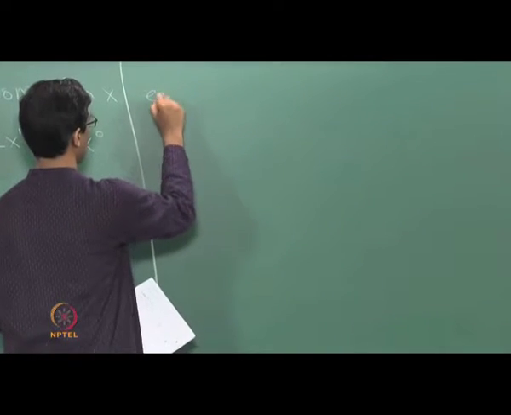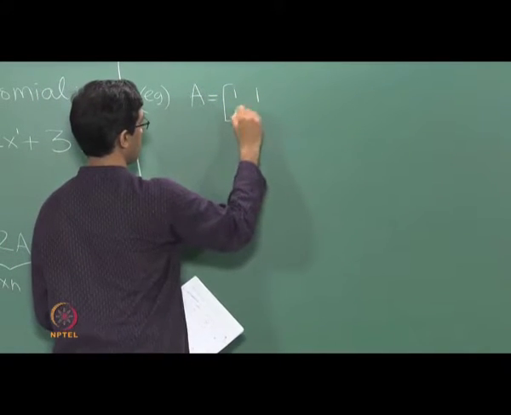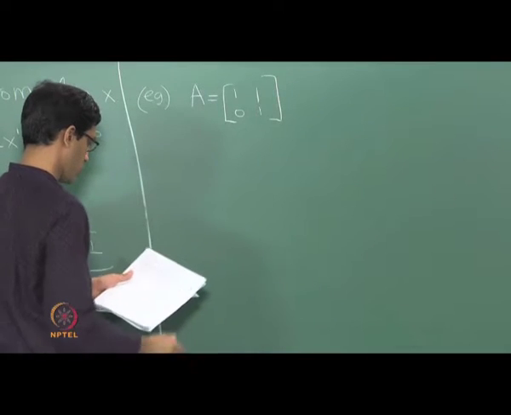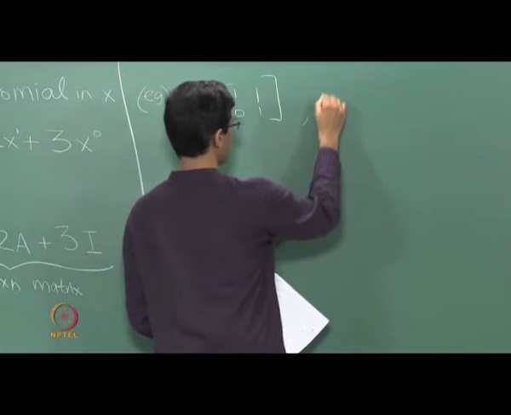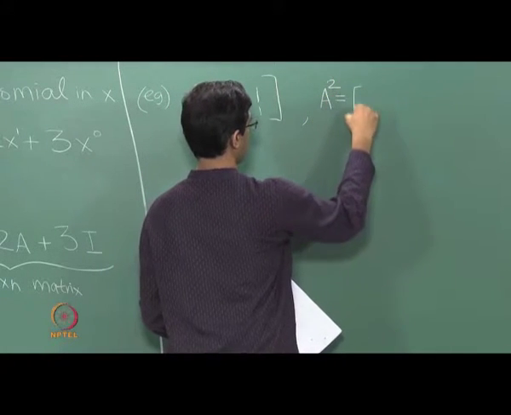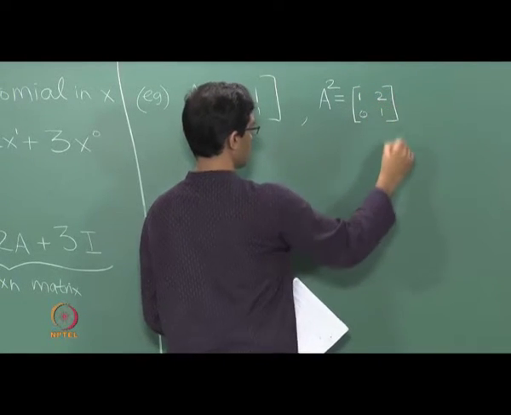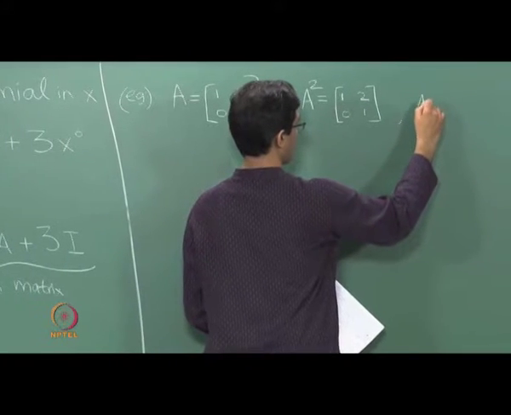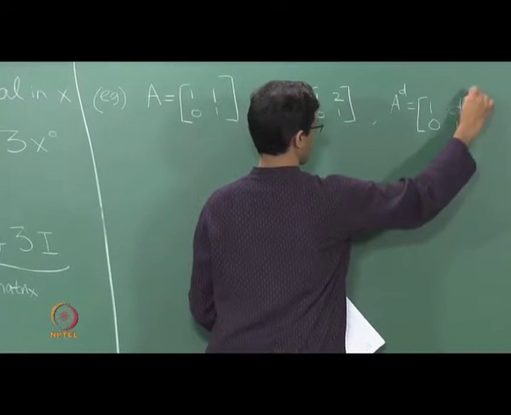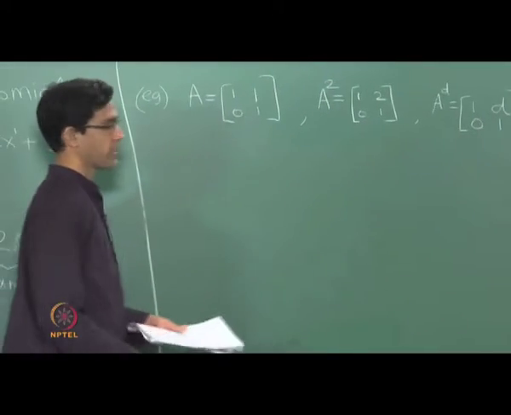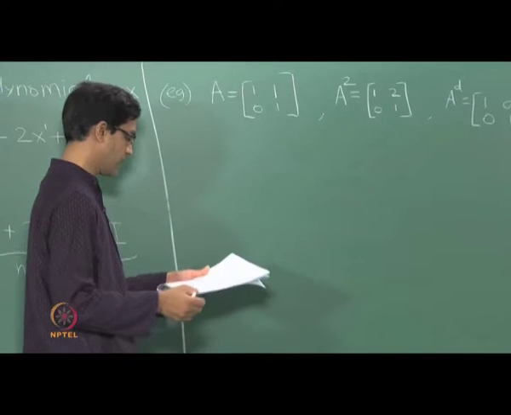So here is an example just to see what this definition leads to. Suppose you have the matrix with rows 1 1 and 0 1, just 2 cross 2, then what I am going to try is to apply a polynomial on A. So it will be useful to figure out what powers of A look like. If you compute A squared, you will find that it is rows 1 2 and 0 1. A cubed similarly, or more generally, A power d will become the matrix with rows 1 d and 0 1. Okay, so here is something for you to check. Check that A power d indeed leads to the matrix with rows 1 d and 0 1.